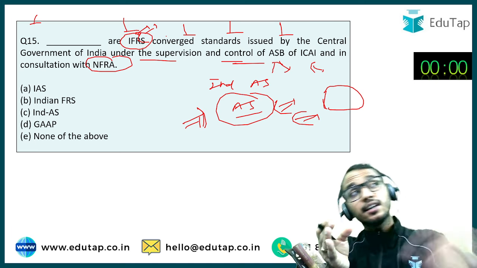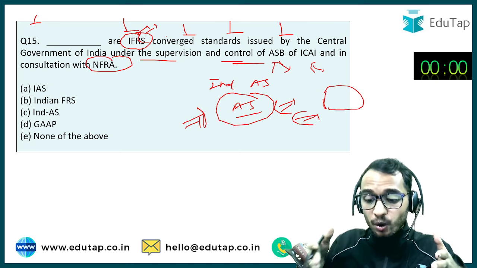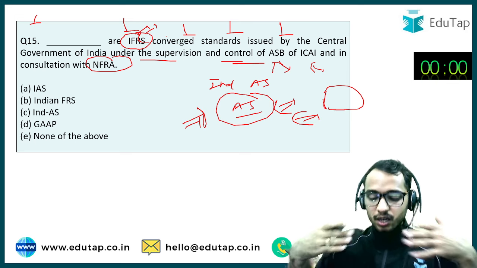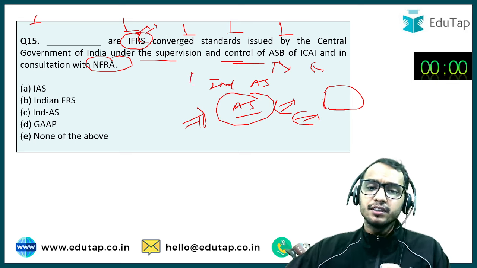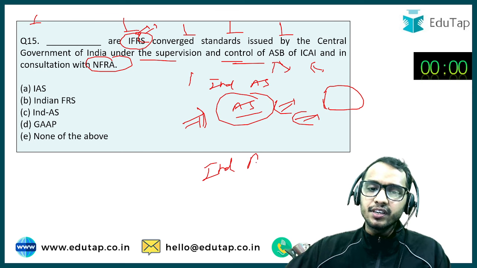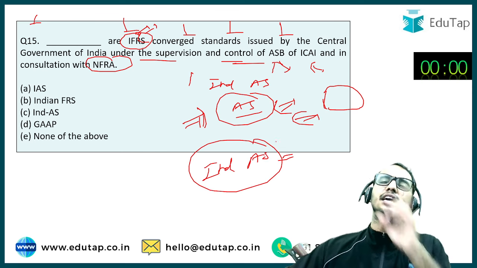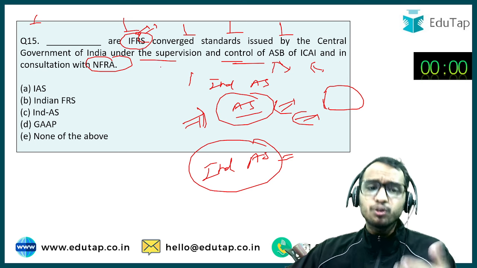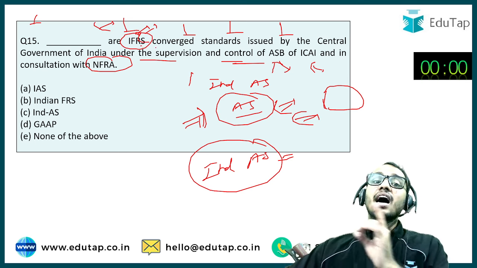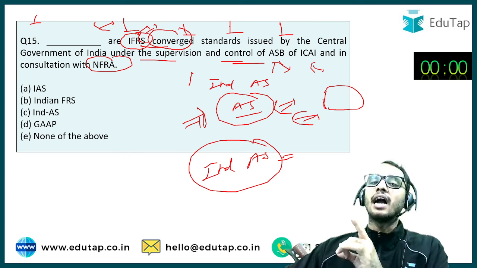They have not directly adopted it, but they have converged. We have in fact converged our accounting standard with the IFRS, and we gave it the name Ind AS, that is Indian Accounting Standard. Clear everyone? Now the question is saying, dash are the IFRS converged standards